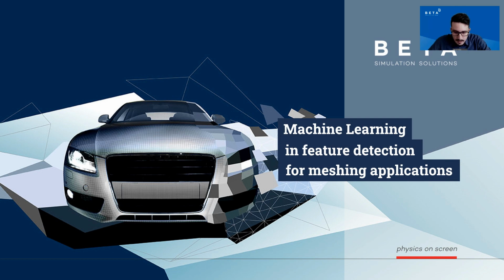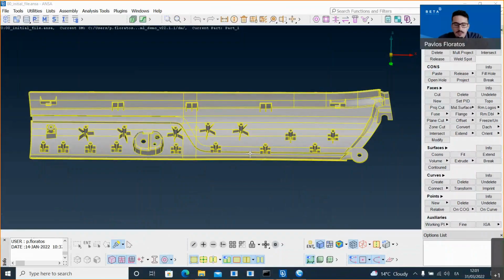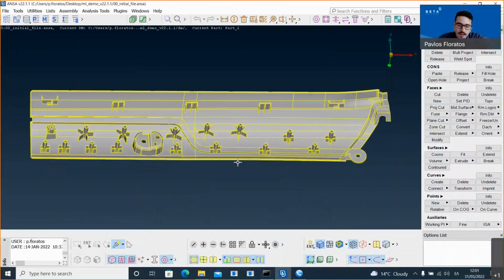So, let's start the session. First of all, what problem are we trying to solve? The problem here on casted parts is that this kind of files have many fasteners, many embedded clips. And these fasteners, most of the times, are either identical or very similar with each other. And a user, when he has to fix a part like this, he has to go and fix the same embedded clips over and over again.